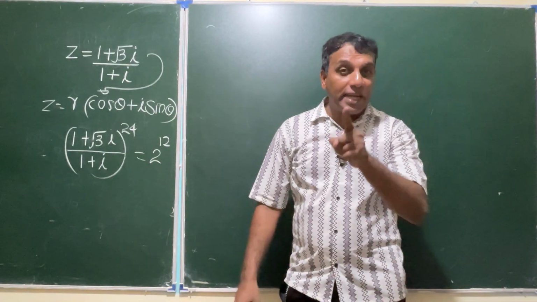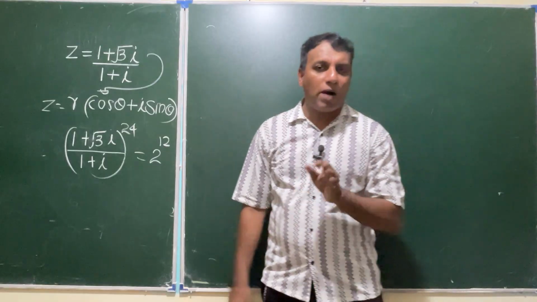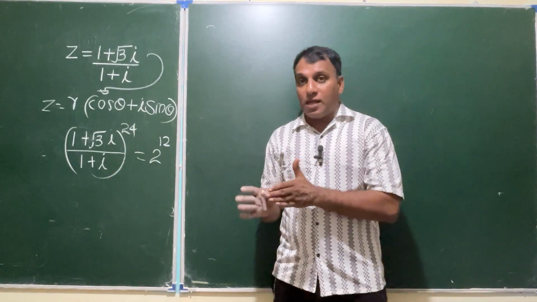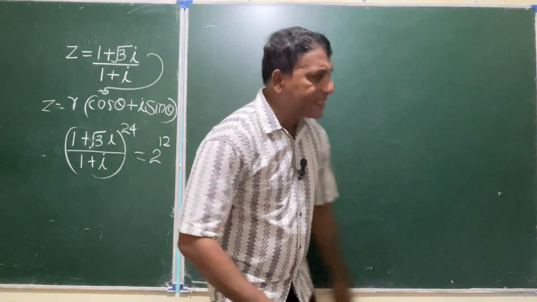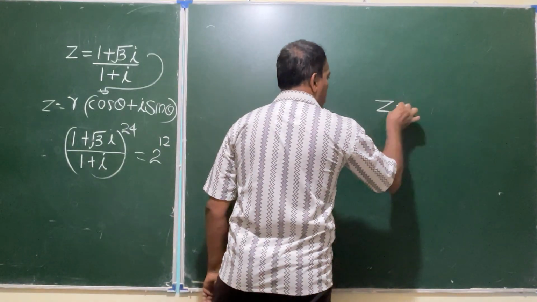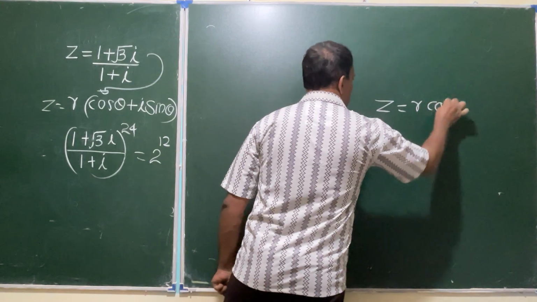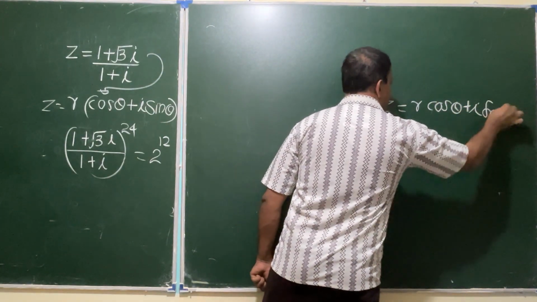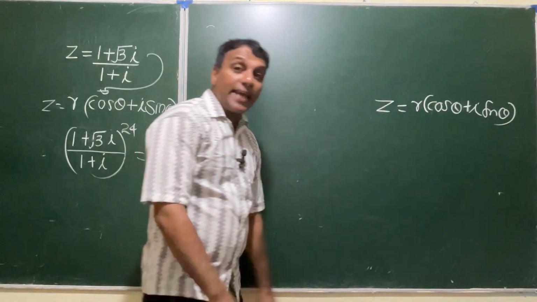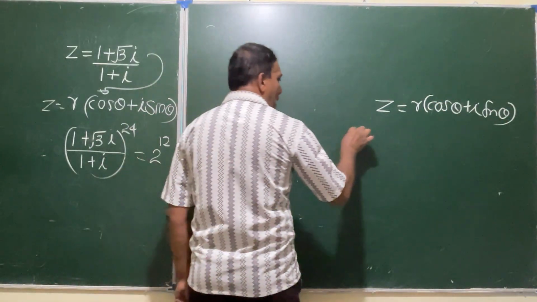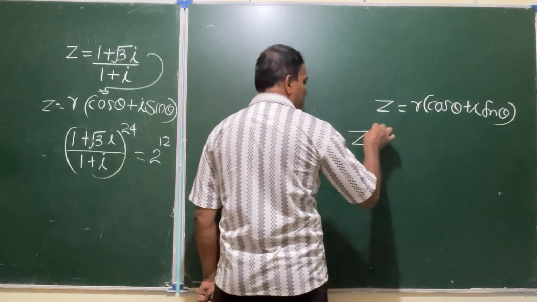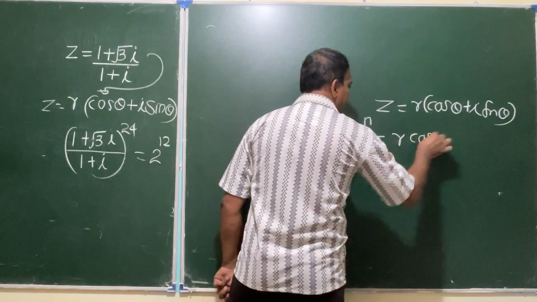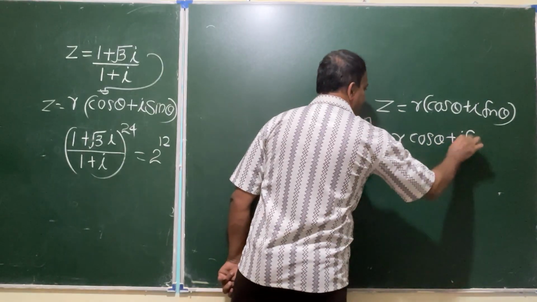After that, using de Moivre's theorem, one of the famous parts of complex numbers. Now, the reason: in every exam paper essay part, de Moivre's theorem. What is de Moivre's theorem? Once you obtain a complex number in this pattern, z is r into cos theta plus i sin theta, then de Moivre's says that for any real number n, z to the power n is (r cos theta plus i sin theta)